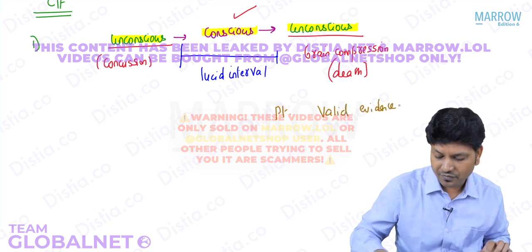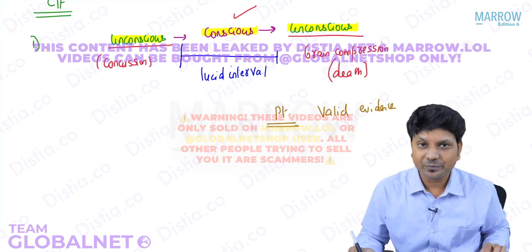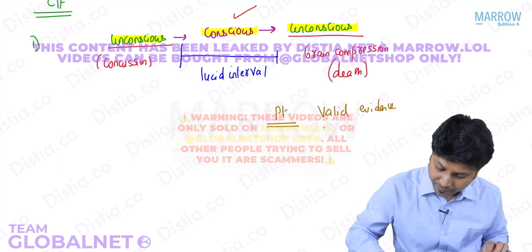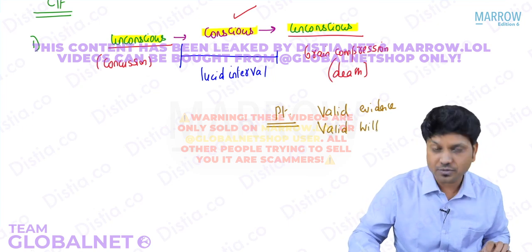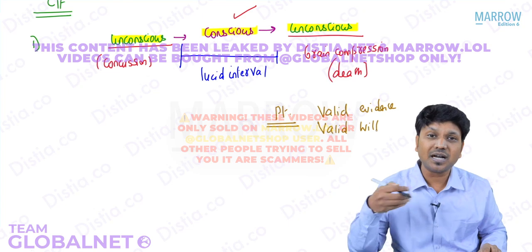Whatever he does, it becomes valid. We are talking about the patient's perspective, right? He can give valid evidence in the court of law. Not only that, during this period, he can write a valid will. If he writes a will, it becomes very much valid. And in case during this period this person commits a crime,